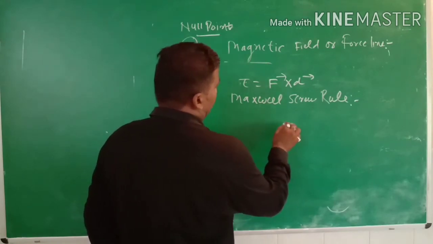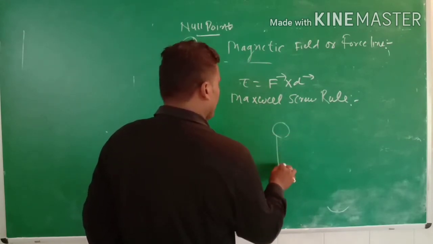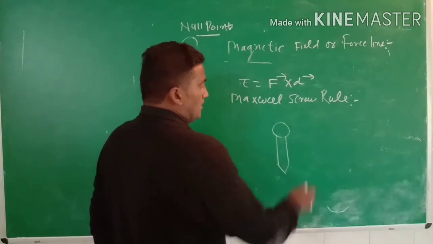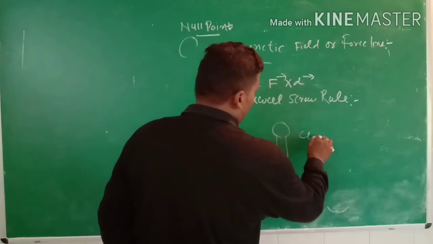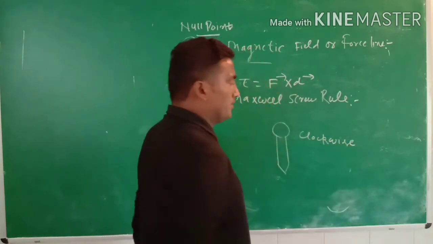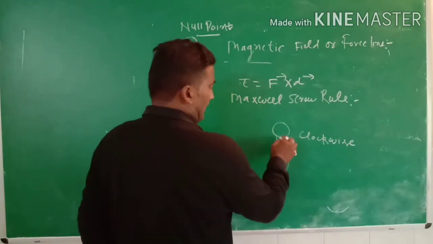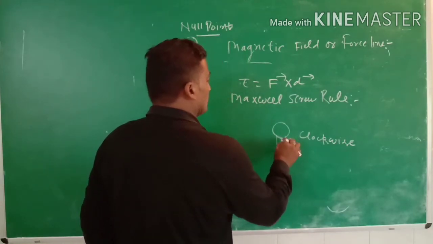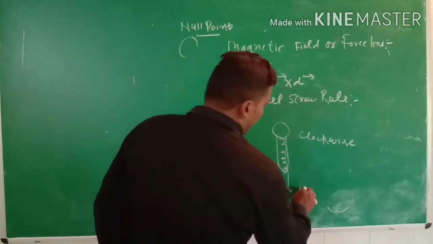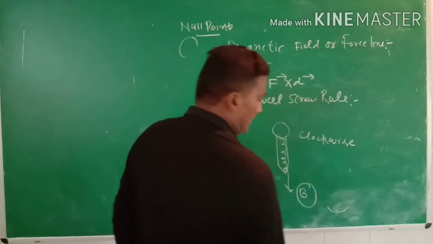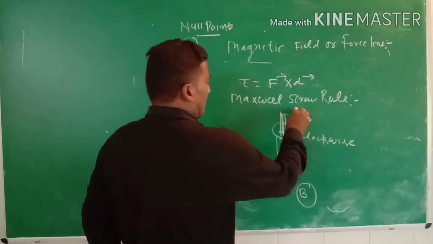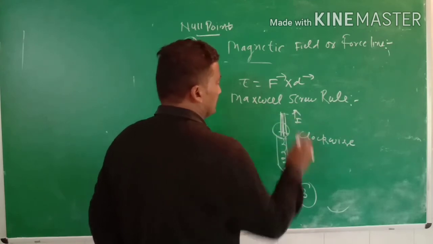when a screw is closed with the help of a screwdriver, we observe that it will always move in the clockwise direction. When a screw is closed, the spiral structure of the screw goes in the inward direction, which represents the direction of the magnetic field, and the direction of current is upward.